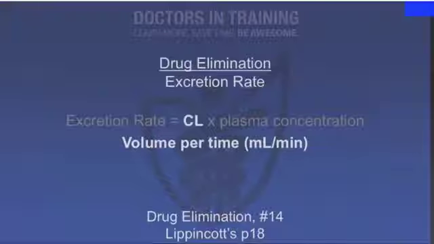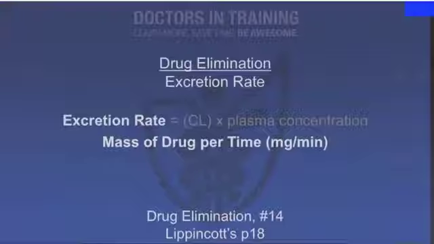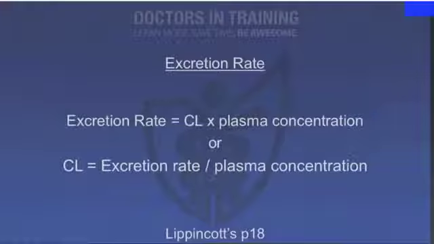It's how much plasma is cleared of drug in a certain amount of time. Excretion rate is a mass of drug per time. It's an amount of drug, not a volume of plasma. The excretion rate is how much drug is excreted in a given amount of time. So if you do a little algebra on this excretion rate formula, you get clearance equals excretion rate divided by